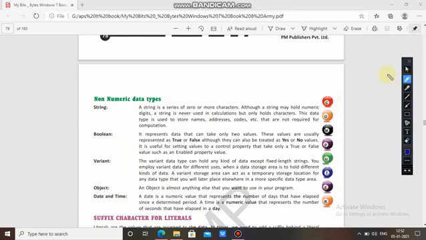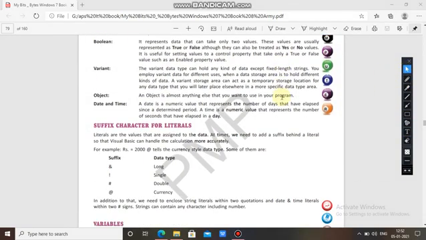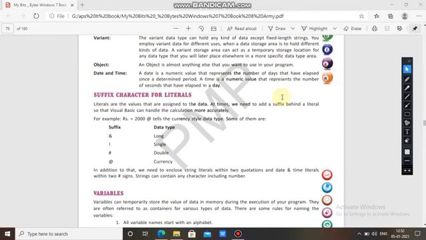Now coming to the next topic, suffix characters for literals. Literals are the values that are assigned to the data. At times we need to add a suffix behind a literal.